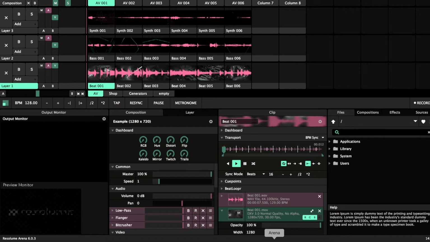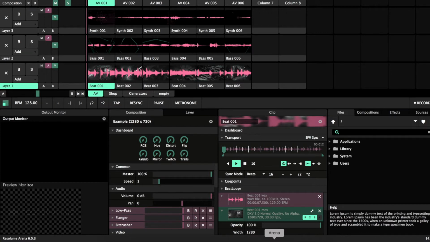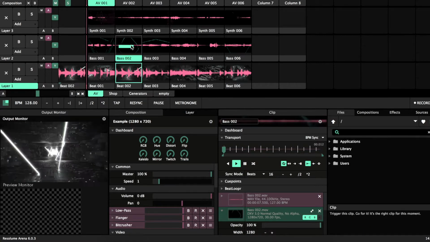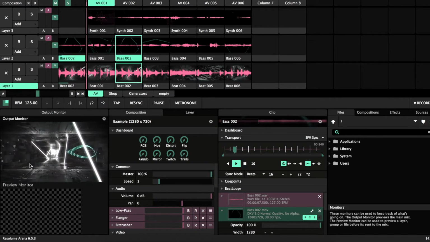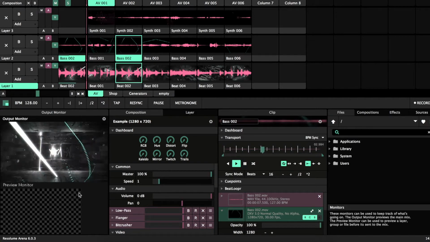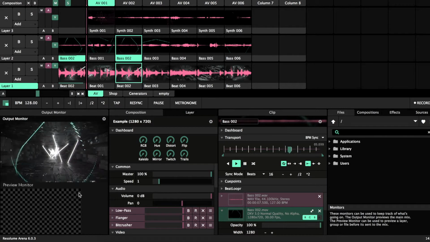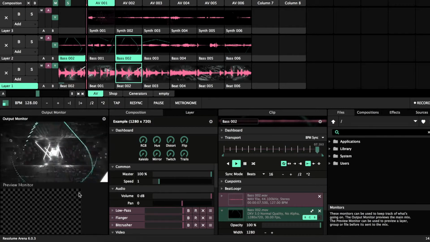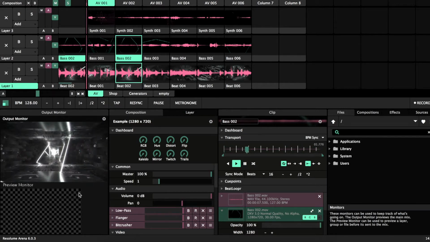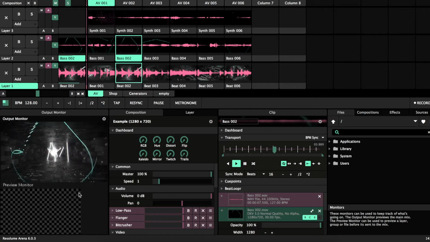Arena, or Resolume Arena, is VJing software that is mainly used for VJing, and the output of it, this video here, would normally be used with a projector, let's say. And it works really well, and you can do this dynamic stuff.